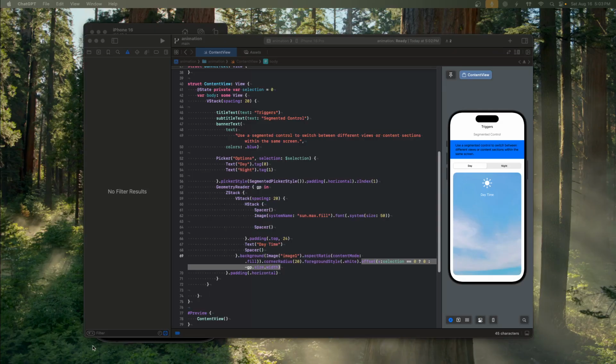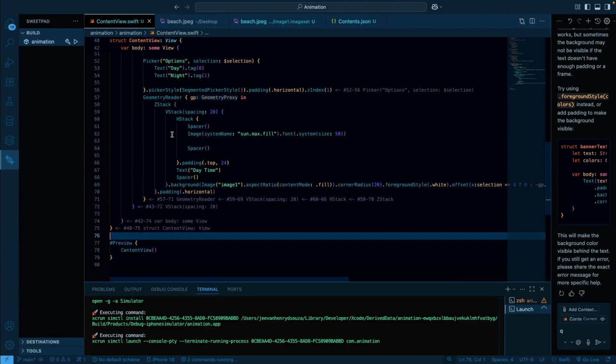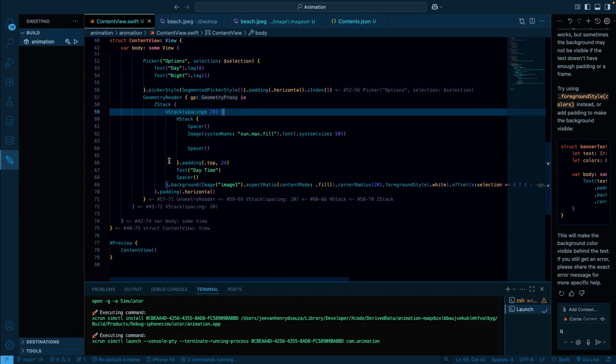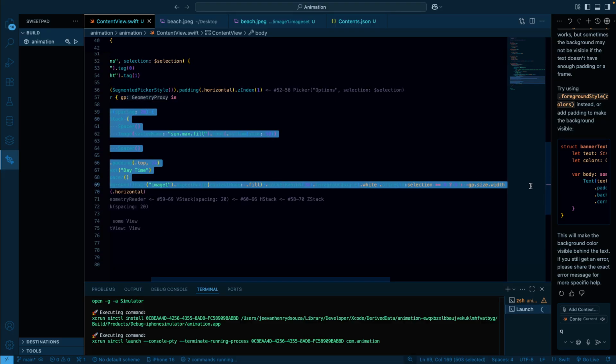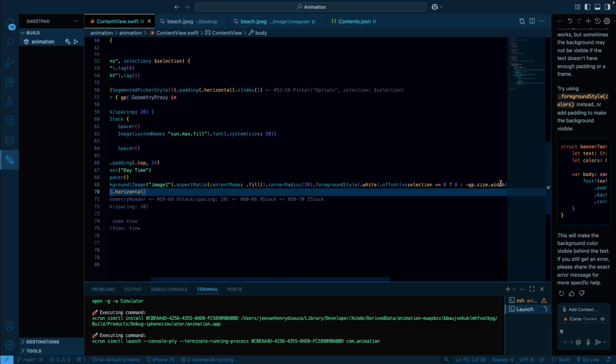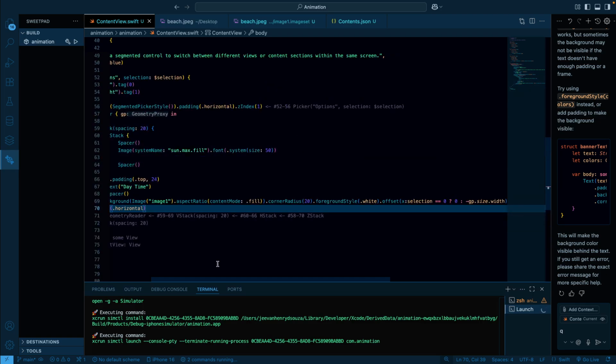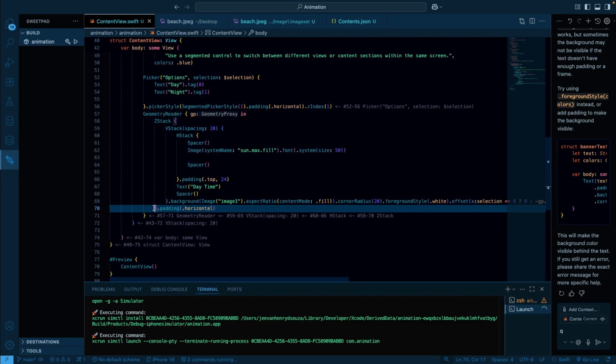So I'm moving the view off the screen. That's okay. So this V stack has to be repeated again. And then the only thing would be